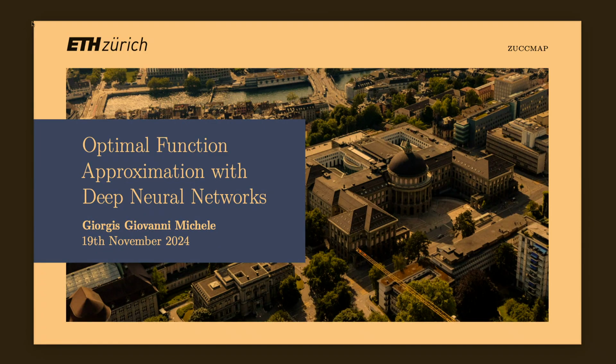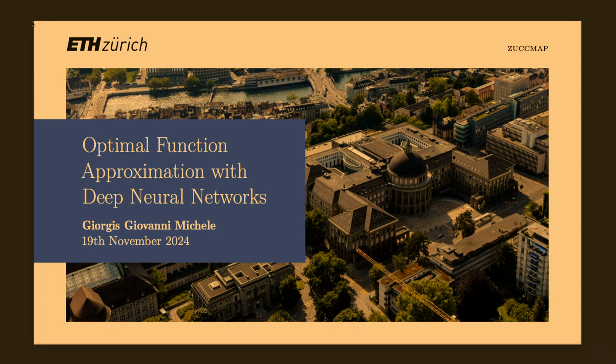Welcome to today's talk. Today I'm going to talk about optimal approximation of functions with deep neural networks. In the past years, neural networks and objects from deep learning have been used to achieve state-of-the-art results everywhere in computer science, and nowadays are the main technique used to achieve those results. But today we want to understand and characterize the fundamental limits of approximation of neural networks.